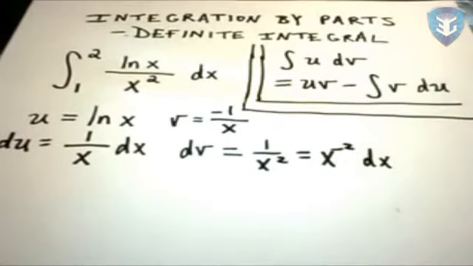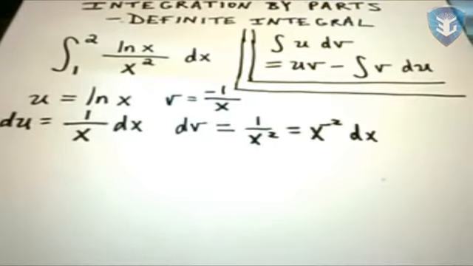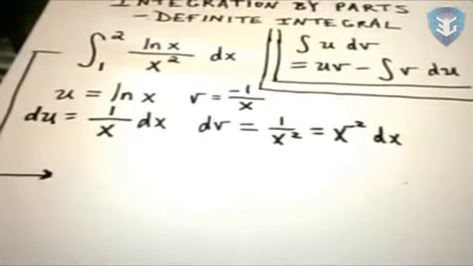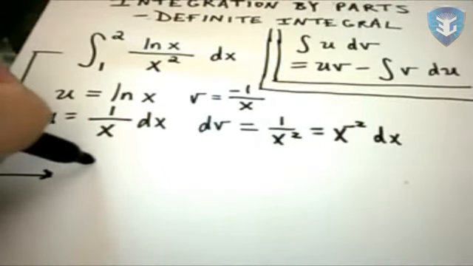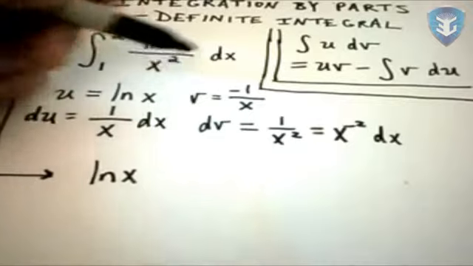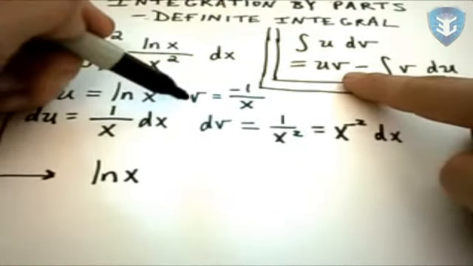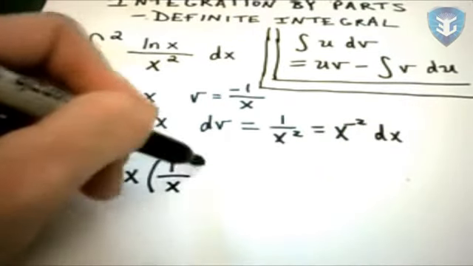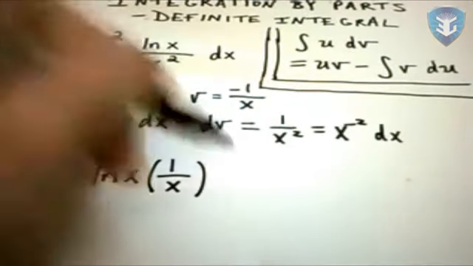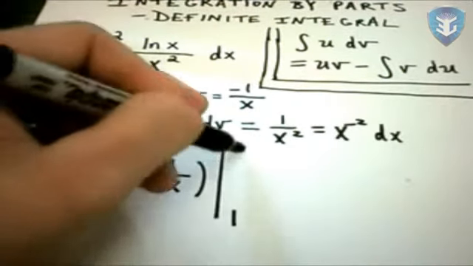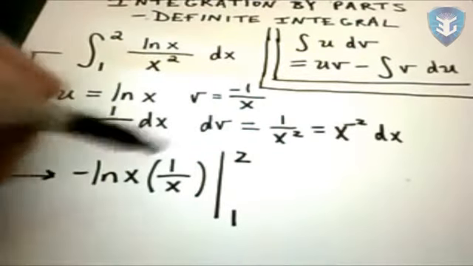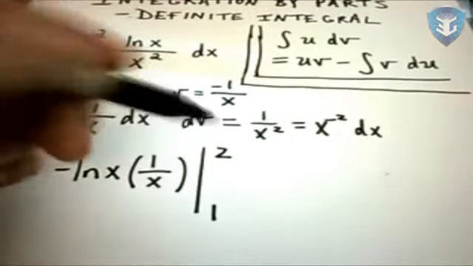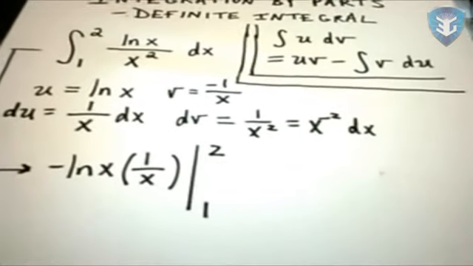Okay, so let's plug all this stuff in here. It says, if I use my integration by parts formula, we'll get u, which is ln of x. We'll multiply that by v. Okay, so here's v. I'll pull the negative out front and just make it 1 over x. And now the idea is, since this is a definite integral, I'll put my upper and lower limit in there, and we could evaluate this part just like normal. Plugging in the upper limit, subtracting away the lower limit,